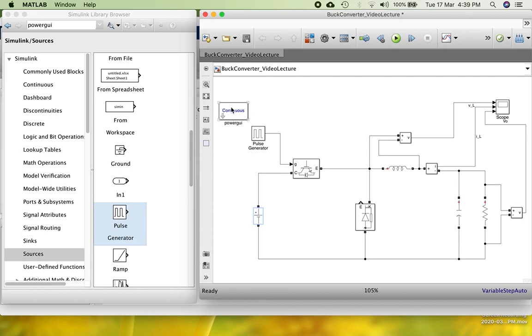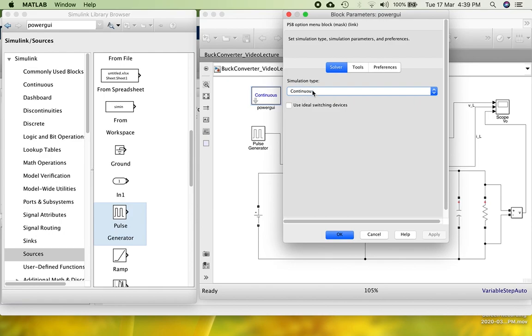But before we do, come to this powergui block. You double click that, and simulation type. There are 3 types: continuous, discrete, and phasor. Remember, whenever you are using power electronic circuits, these are non-linear circuits, and hence we cannot use continuous. It has to be discrete. It may work in continuous mode, but in complex circuits you may run into problems. So it's a good practice to change it to discrete, even for very simple simulations such